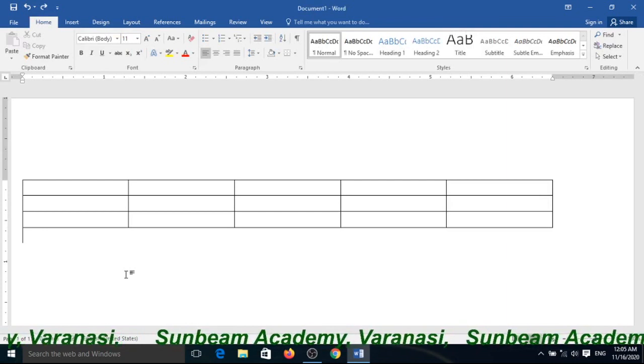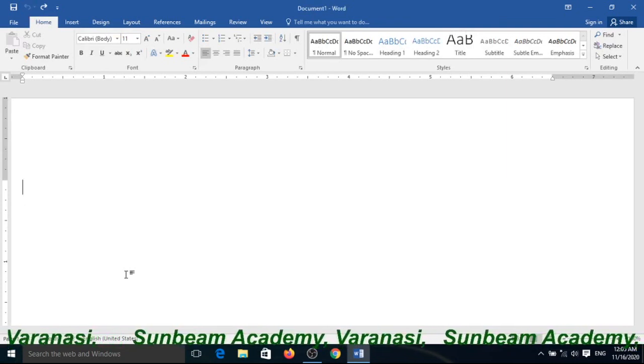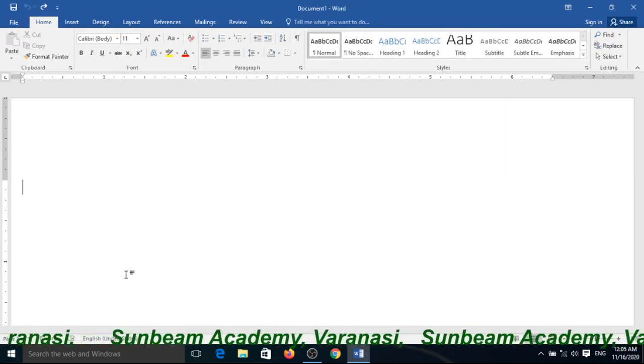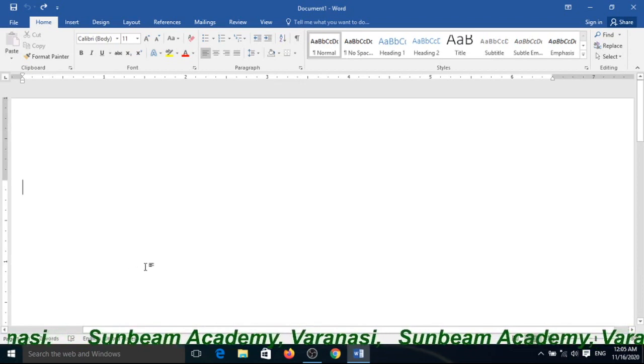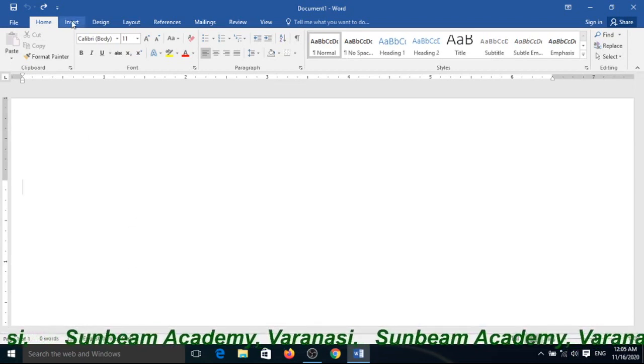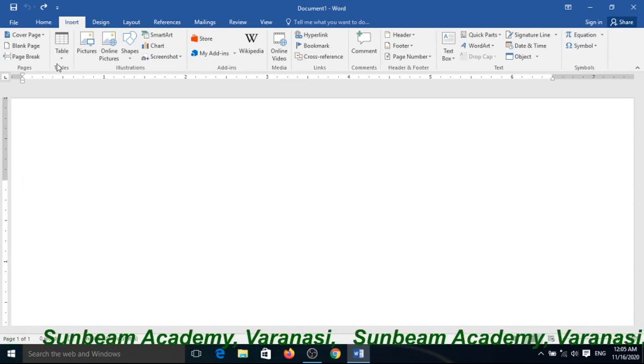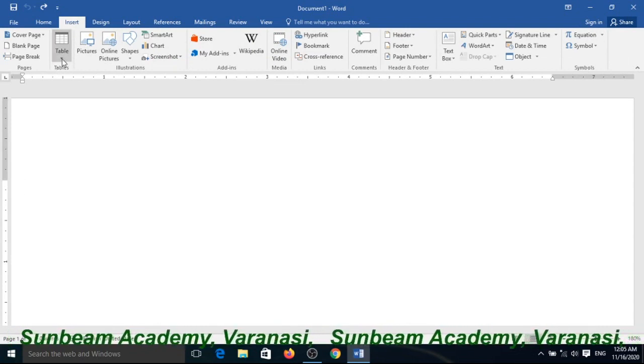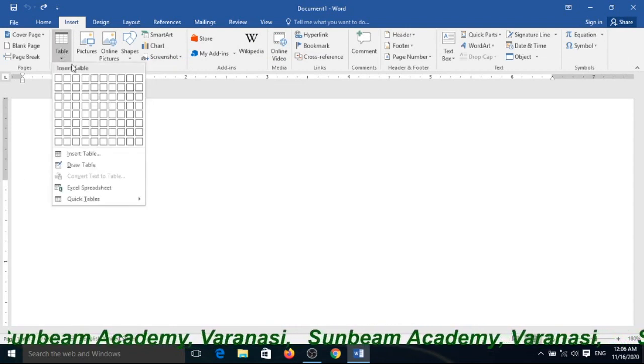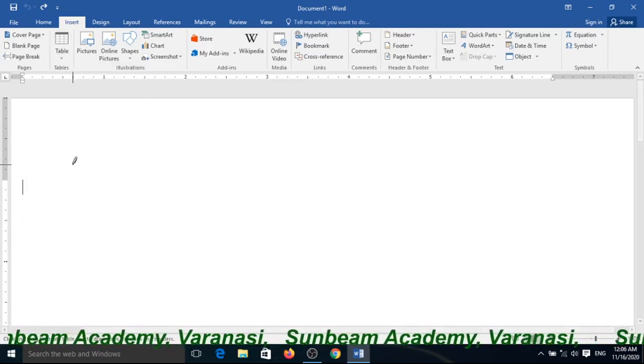And see, the third way to insert a table in your document. Click on Insert once again, choose the Table group and click on Table, then Draw Table.